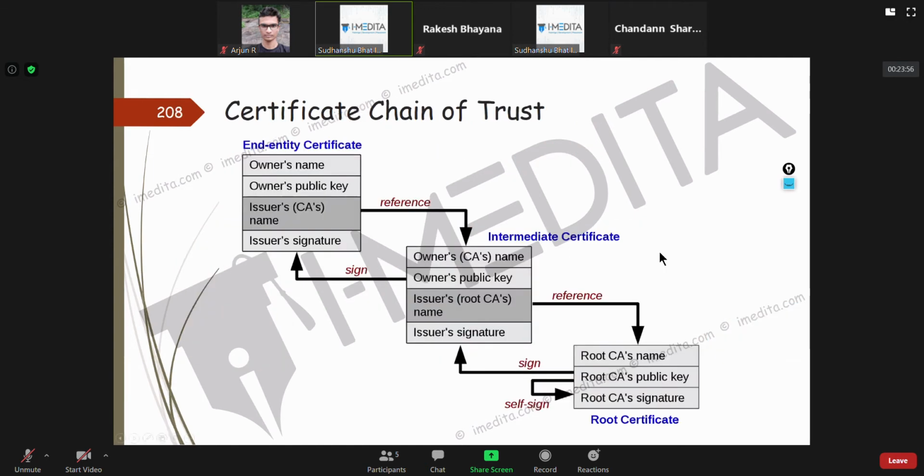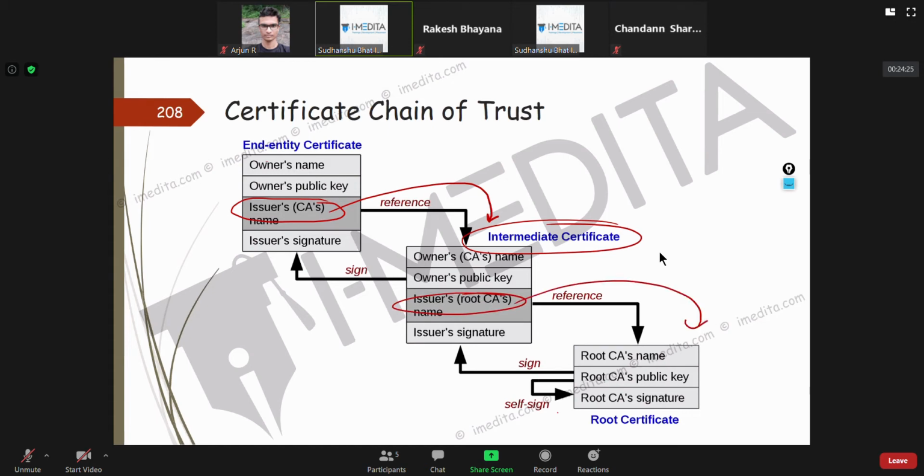Now, this is what I was saying: when you get a certificate, it has the issuer's CA name, which references, and you can verify the intermediate CAs. You could also cross-verify from their CA certificate up to the root CA.